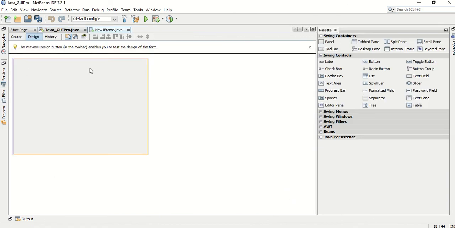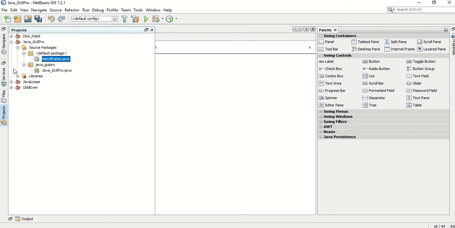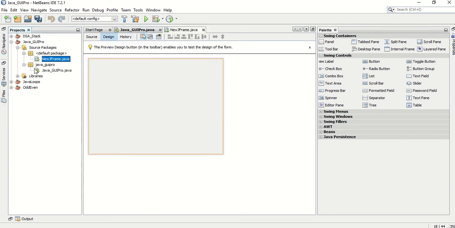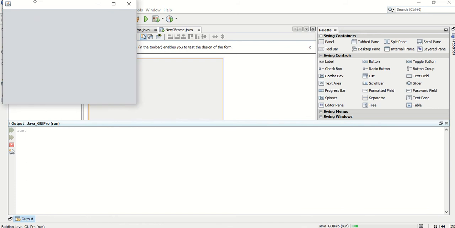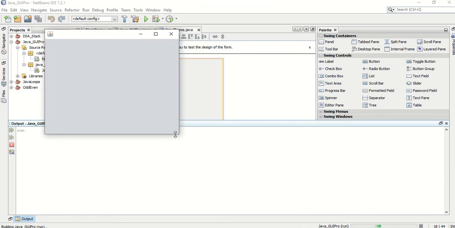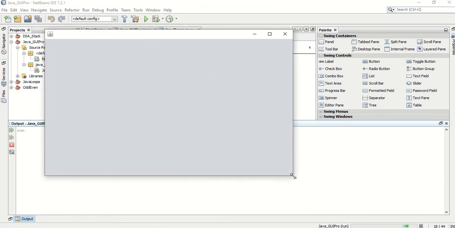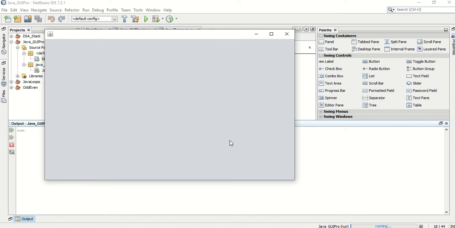Once I insert the Java frame here, I can compile this Java frame. Okay, so run. You will get a nice user interface here. We are going to develop this Java based user interface by using NetBeans.